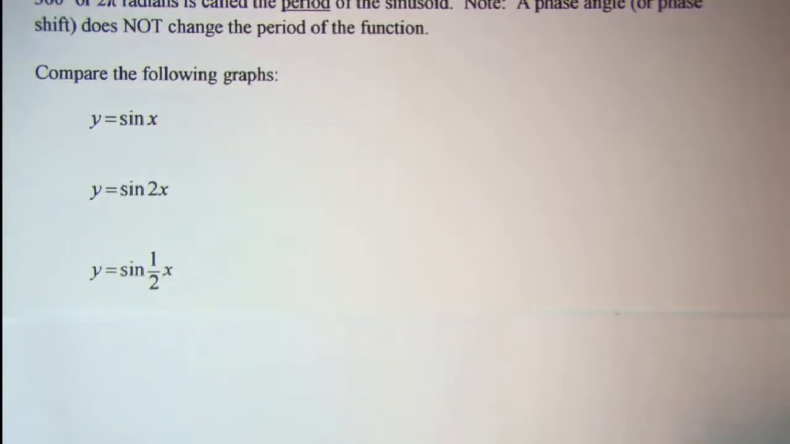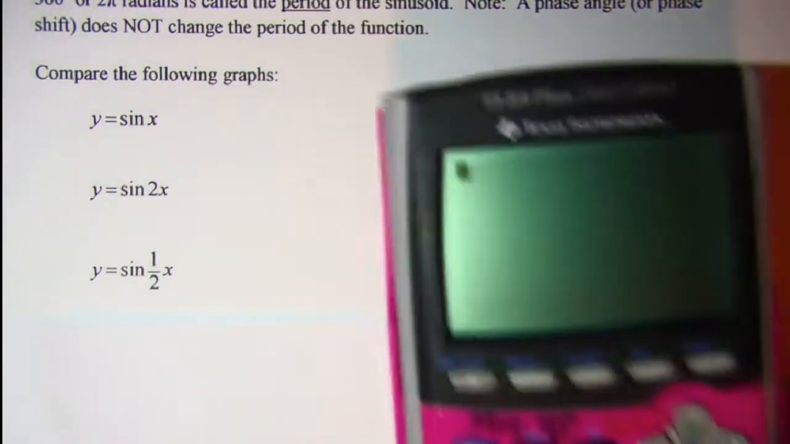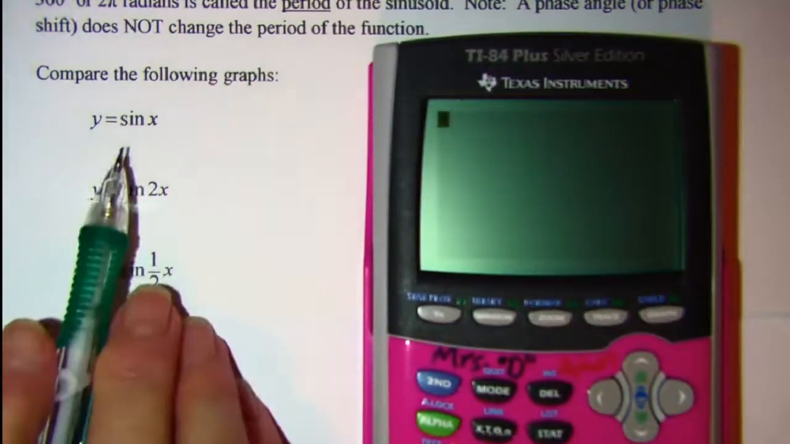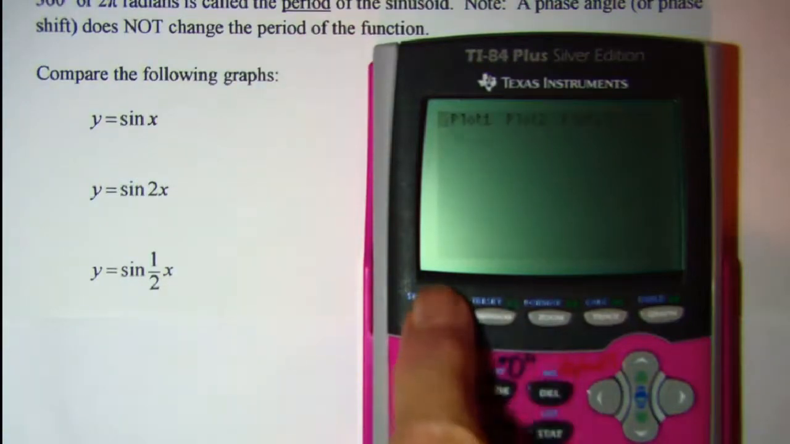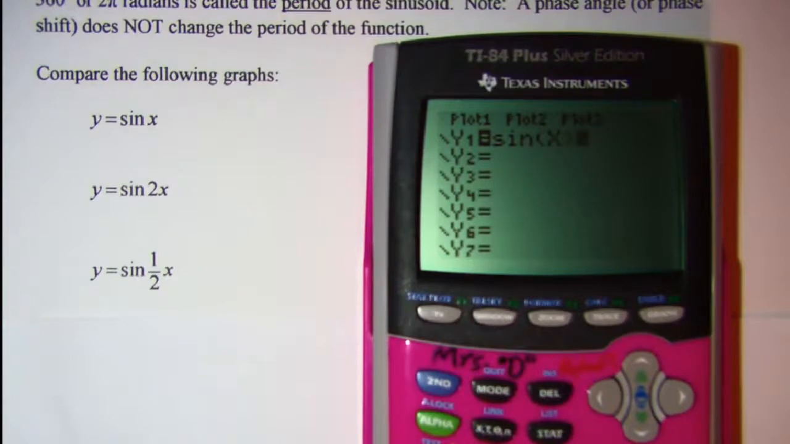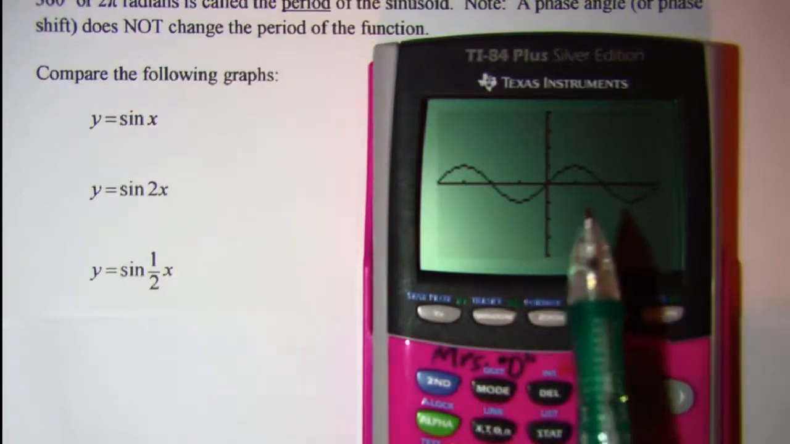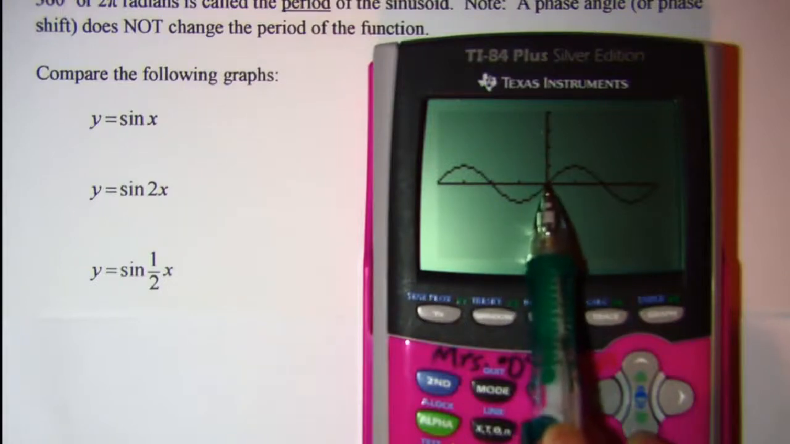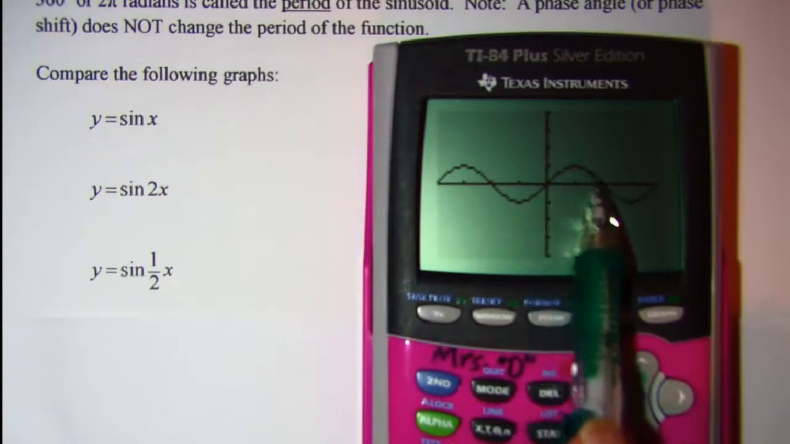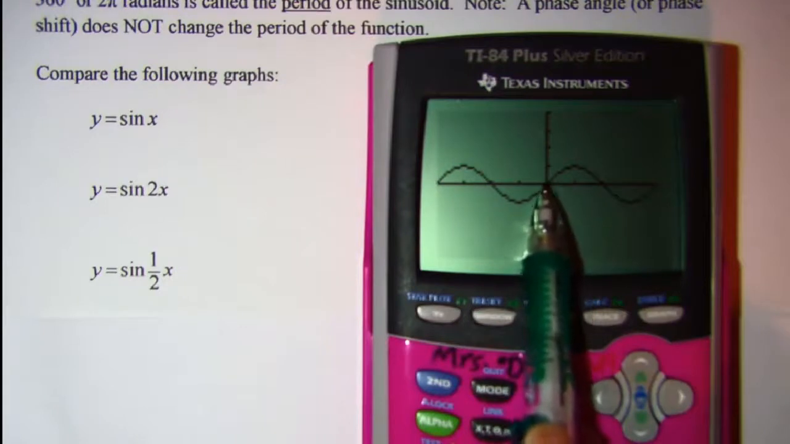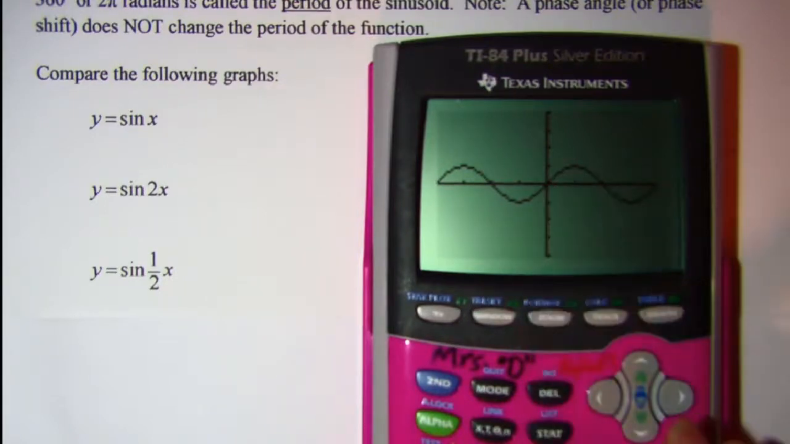So let's compare the graphs of these three equations. First, our basic graph, y equals sine x. Our period, if we start at the origin here, is the amount of degrees or radians that it takes to get from this point to the next identical point, which means I need to be heading back up on my curve. So I could trace, and if I keep going to the right, this is half of the